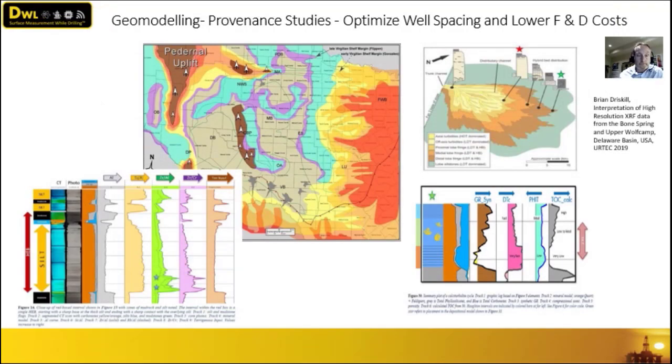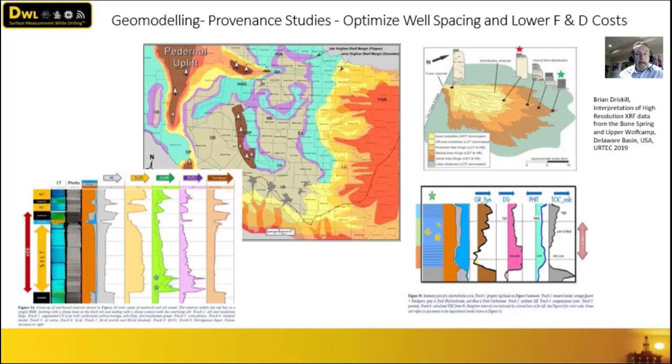This is a really good slide of information that was generated by Brian Driscoll from his URTeC paper in 2019 on interpretation of high resolution XRF data from the Bone Springs and Upper Wolfcamp in the Delaware Basin. You'll see over here on the left hand side the comparison of elemental data: aluminum, silica over aluminum, zirconium over aluminum, zirconium over